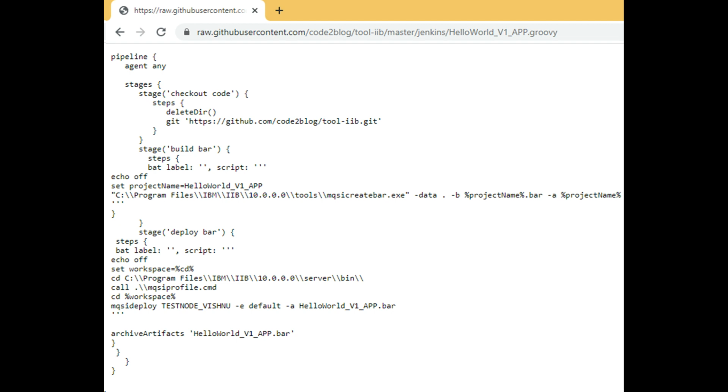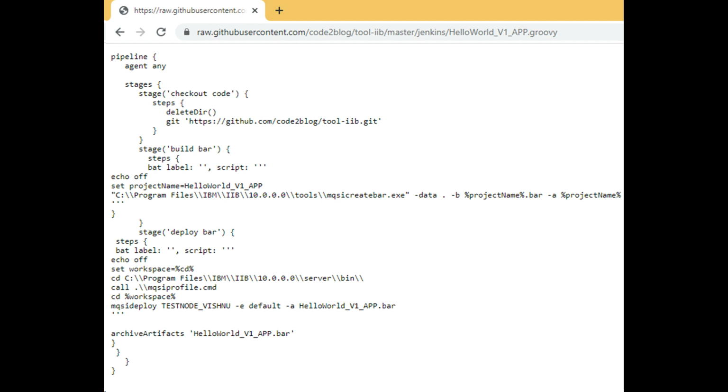Okay. But what you are saying now is that we need to execute the bar file with MQSI commands. Once it is done, we need to get that into Jenkins using a Groovy script, right? Yeah, kind of. Okay. So we need to learn, sorry, I need to learn Groovy scripting. Then how can we do it?